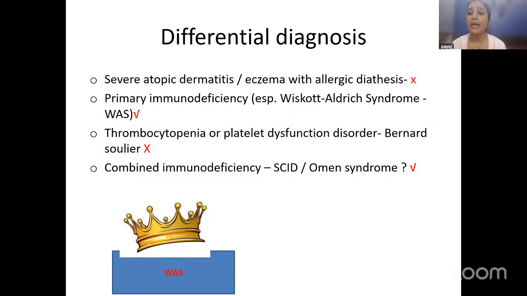Could this child have a combined immunodeficiency like a SCID or an Omenn syndrome? SCID are usually very, very sick. They would present usually at birth or first month of age or 2 months of age. Omenn syndrome, yes, because Omenn syndrome may also present with diarrhea, with eczema, with the same thing. So what were we thinking? The pathologist said, hey, these are small platelets, powder-like platelets. We told him the whole history, and he said, hey, just send the NGS for Wiskott-Aldrich syndrome. This shouldn't be anything else. And that's what we were also thinking with all this.